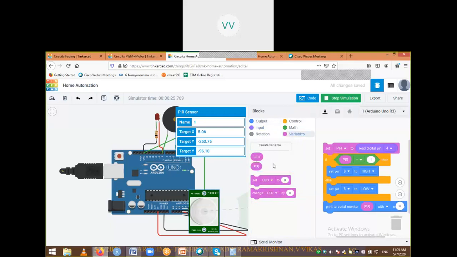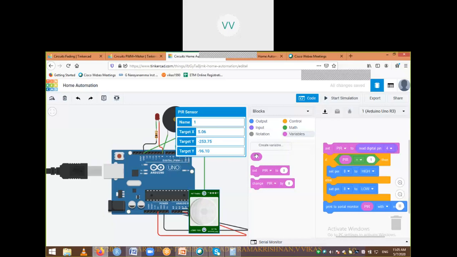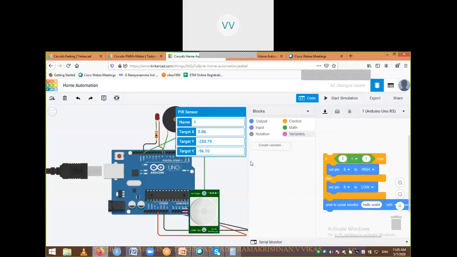For example, let's try deleting this complete thing. Basically they have been created, so I cannot remove it just by dragging and dropping, but I can delete the variable. I want to delete this one also. As soon as I deleted it, the PIR block is gone.